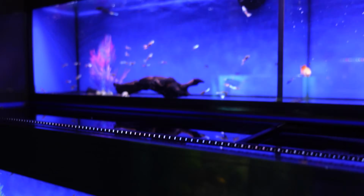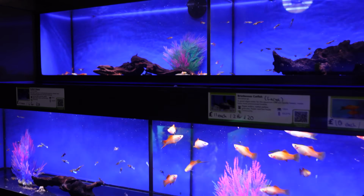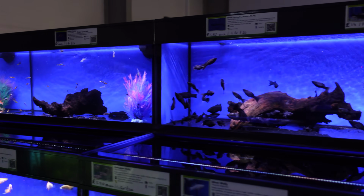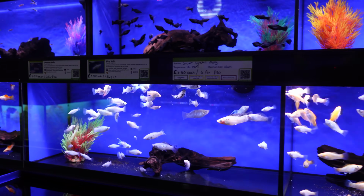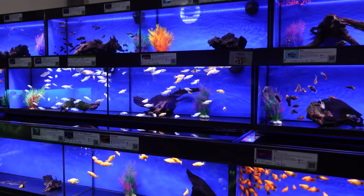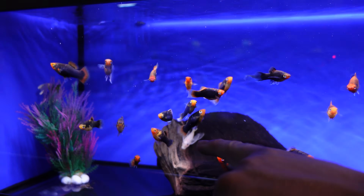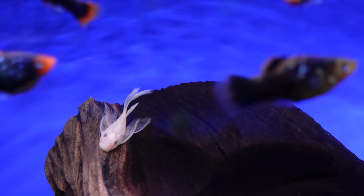And then we've got the live bearer section with your different swordtails, guppies up top. Then we're coming to the mollies, moving through these reasonably quickly, because everyone's seen mollies and platies. We do have a noisy fan in the background, so hopefully that's not been picked up too much on the microphone. You can see we've got a longfin, blue-eye plec in there,